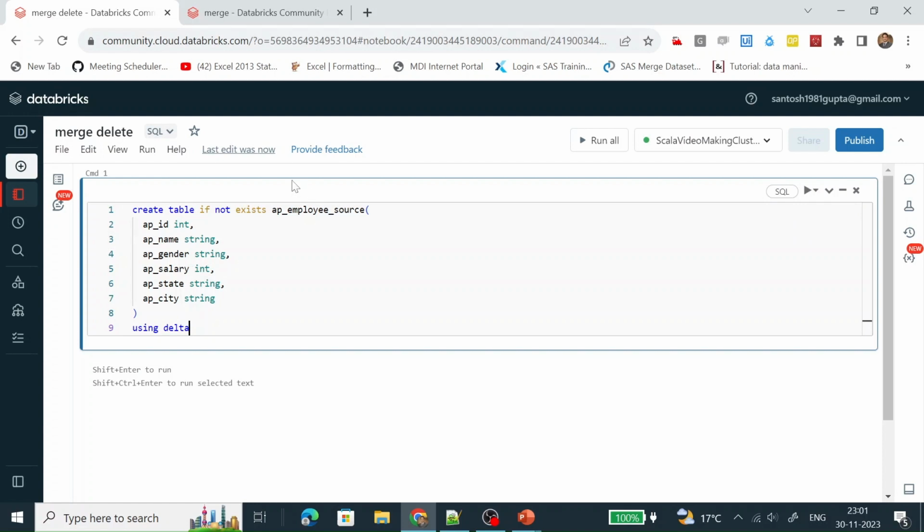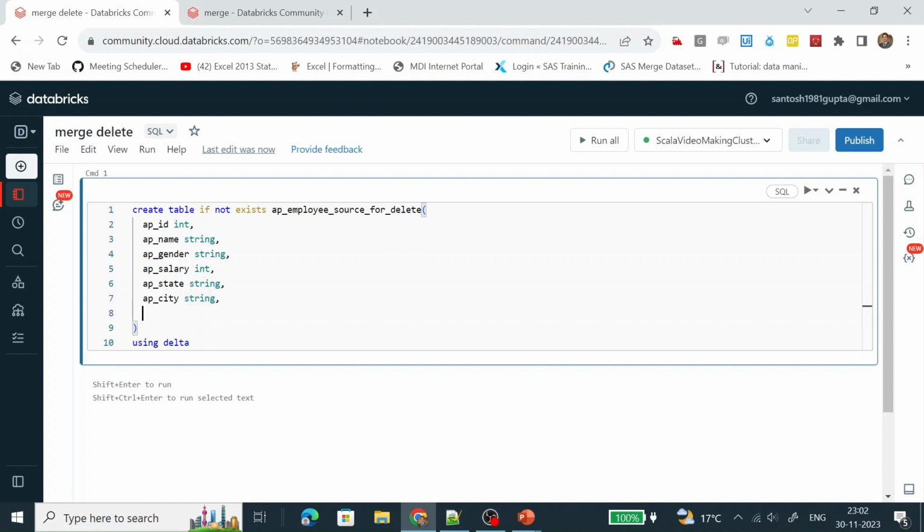Here, let me name it AP employee source for delete. Here we need to create one more column. The name of the column is AP delete, equal to boolean.